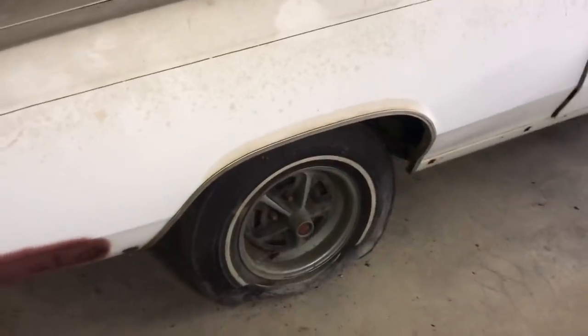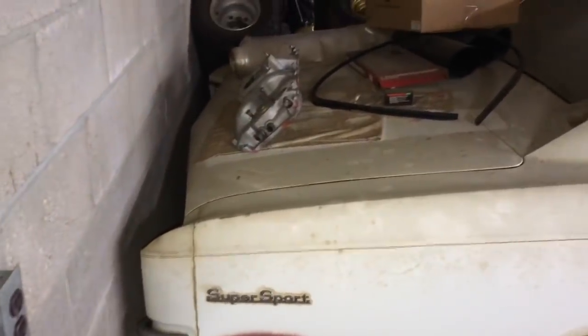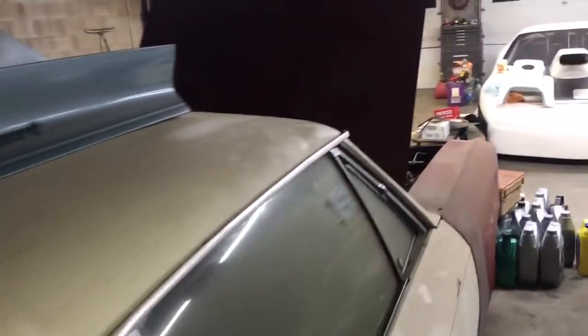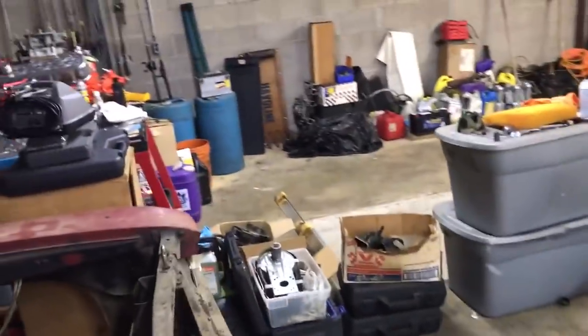Of course, the wheels are incorrect. They look to be like they're off an Oldsmobile or something. But aside from jerking this car out and investigating the rear, it sure looks like it's always been black to me. And now I will walk you over here to the original engine, which proves the authenticity of this car,